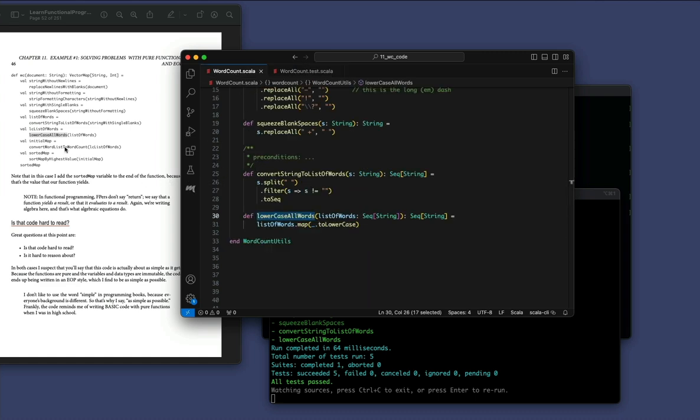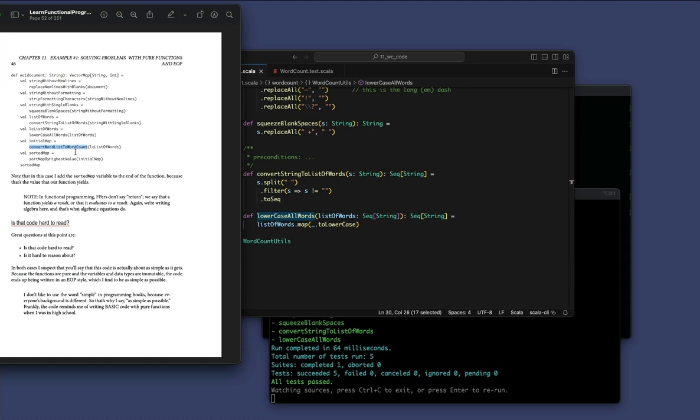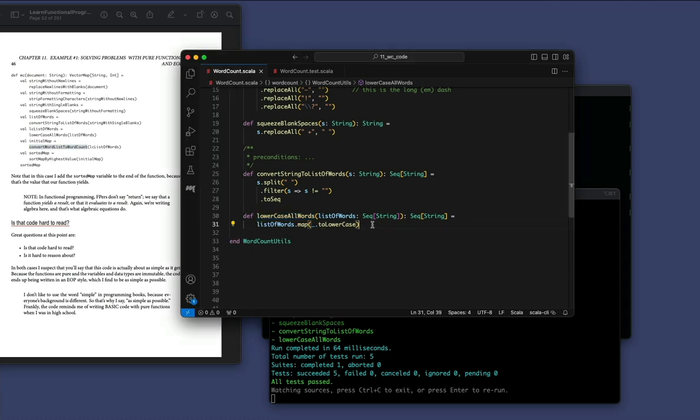So we have the next function. This one is going to convert word list to word count. Ooh, that's going to be a fun one. Okay, let's copy that. Come back over here. Things are about to get interesting, I can tell you that. So this one's going to take in another list of words. Right, it's taking in a word list. And then word count, if you recall, was going to be a map. So that's going to be a map